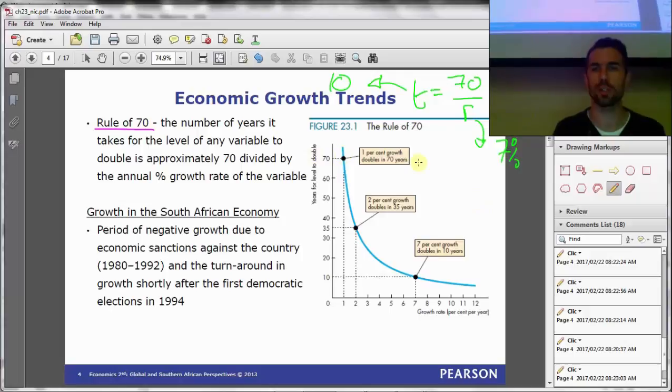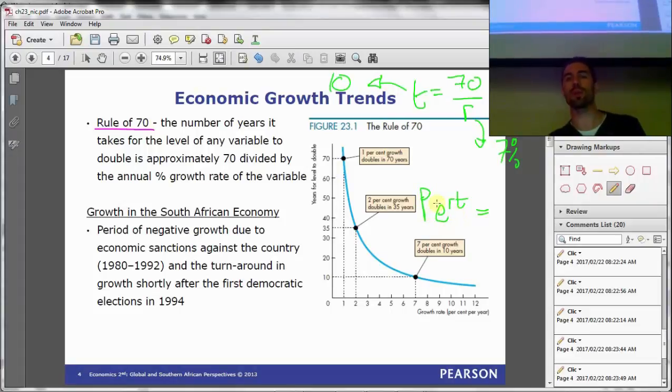For those of you that are interested, if you're going to look at something that's growing continuously, then your calculation would be e to the rT gives you continuous growth. So if prices are growing continuously, you want to know how long it takes for P to become 2P. We can divide out the P's. You get e to the rT equals 2. Take ln of both sides. You get rT equals ln 2. In other words, T is equal to, now ln of 2 is approximately 0.7, so 0.7 divided by r equals T.